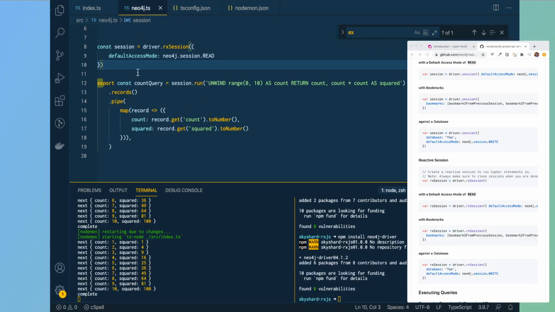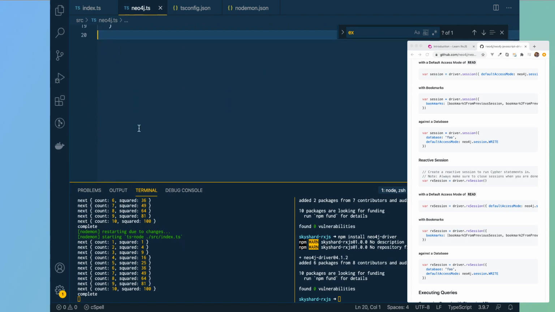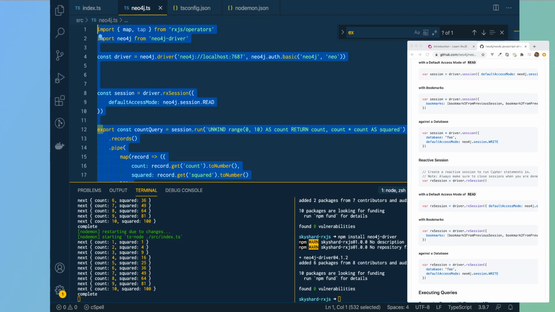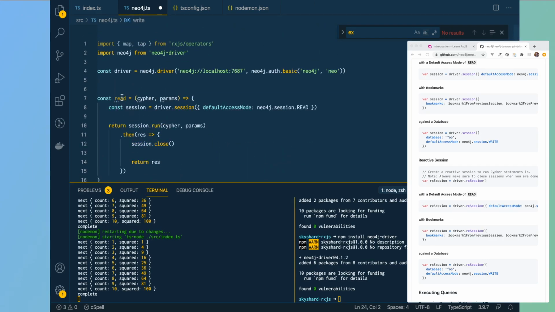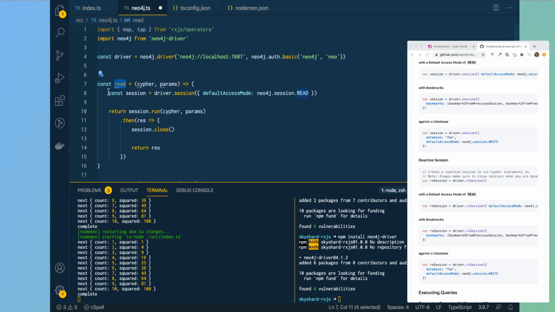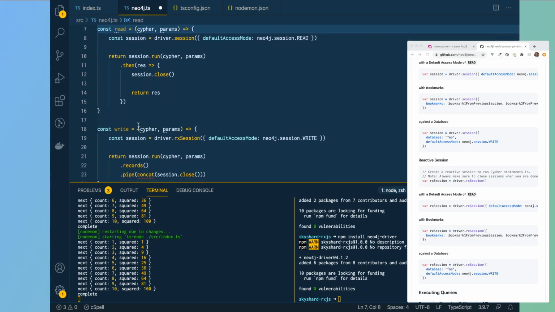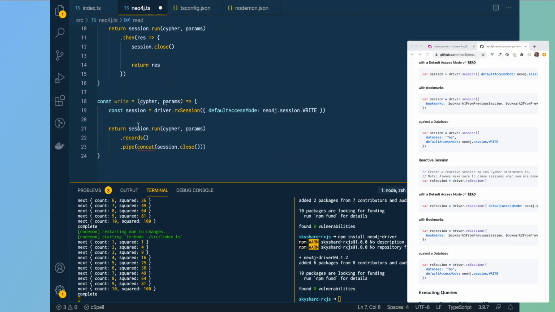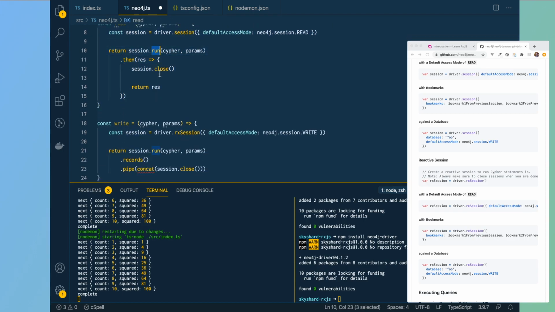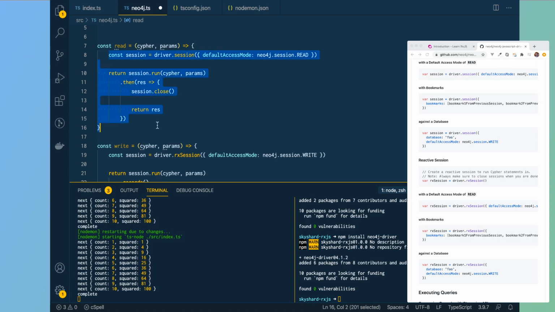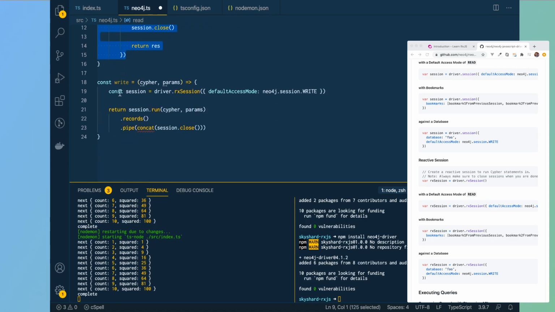Cool. So I'll copy some code into here that I've written earlier. Basically, I just want to expose a couple of functions which allow you to interact with Neo4j: a read one for read queries, and a write one for write queries. So this is the original way of doing things. You call driver.session, then you call session.run. So just so you can see the difference, the read query will return a promise, whereas the write will return a